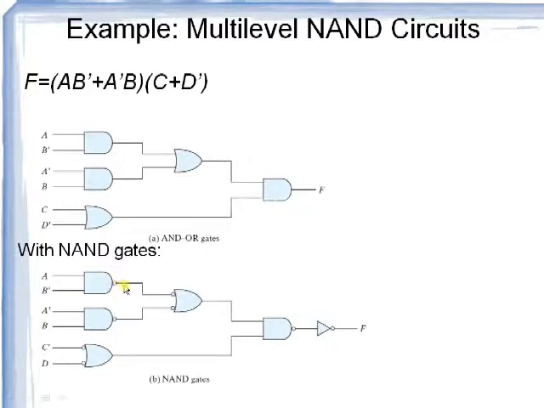So this bubble is compensated for this, this is compensated for this, and here you have a bubble which gets a complement, and here you have a bubble which gets a non-complement. Why? Because here the original input is a complemented input. Now this bubble is compensated with a NOT gate, and this NOT gate we have to implement again with the help of a NAND gate.